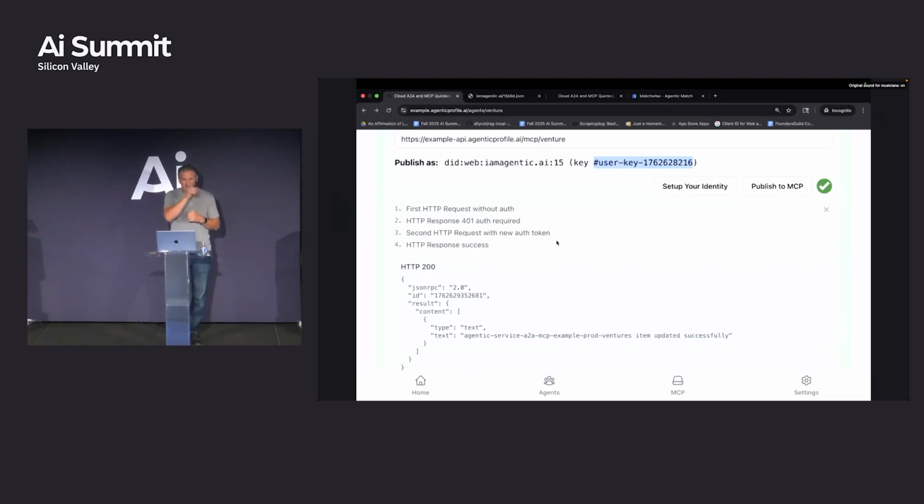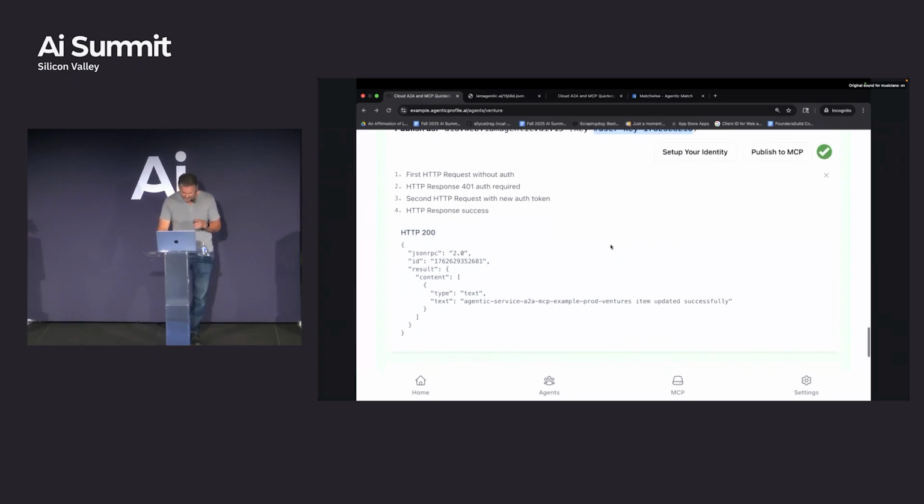When that went across the wire, the faraway service said, okay, cool, let's crack this thing open. Who do you say you are again? It found a DID in there. It went to the DID, got the public key, and verified the JWT with that. And so that's kind of the overarching thing. I mean, that's a lot to process right now. This was the high level of it.